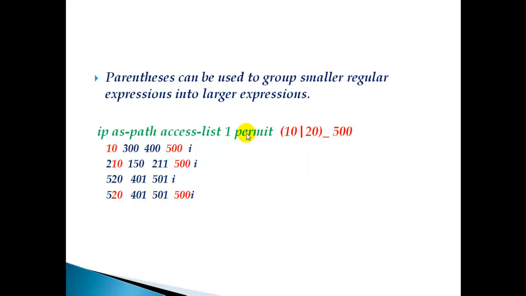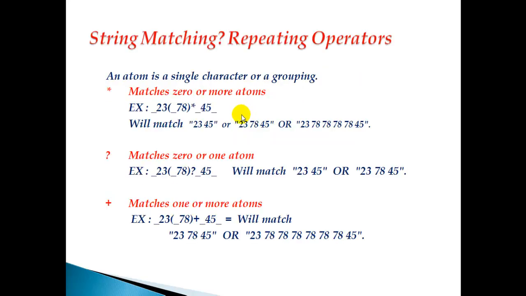Now we can use this kind of symbols. Now the next thing, we have some other special characters, which we call repeating operators, and these are the 3 repeating operators which we can use: asterisk, question mark, and plus symbol. We call an atom a single character or a group of characters. So whenever you see asterisk in the regular expression, let's take an example here. We got asterisk here, 23, there is a 23 underscore 23, and then in the brackets